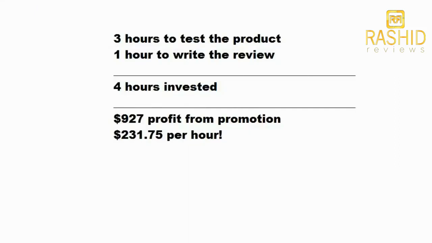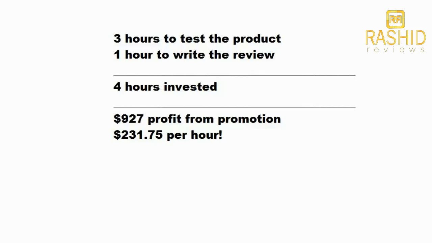It took me 3 hours approximately to test the product, and then 1 hour to make the review video and then type out the review video as a text format. So I invested about 4 hours of my time. I made $927 in profit from the promotion. That's $231.75 per hour for my time. So yeah, that's a pretty good wage there. I don't know a whole lot of jobs that pay